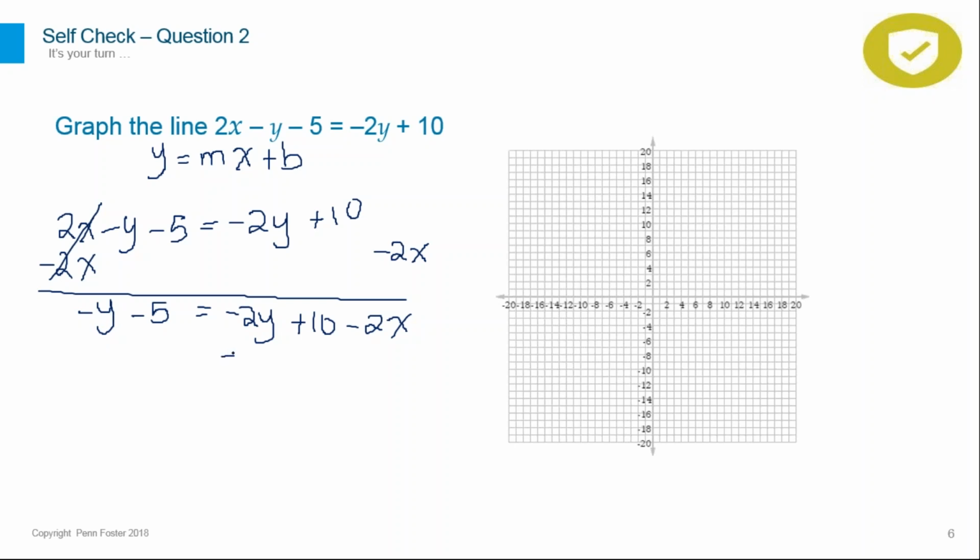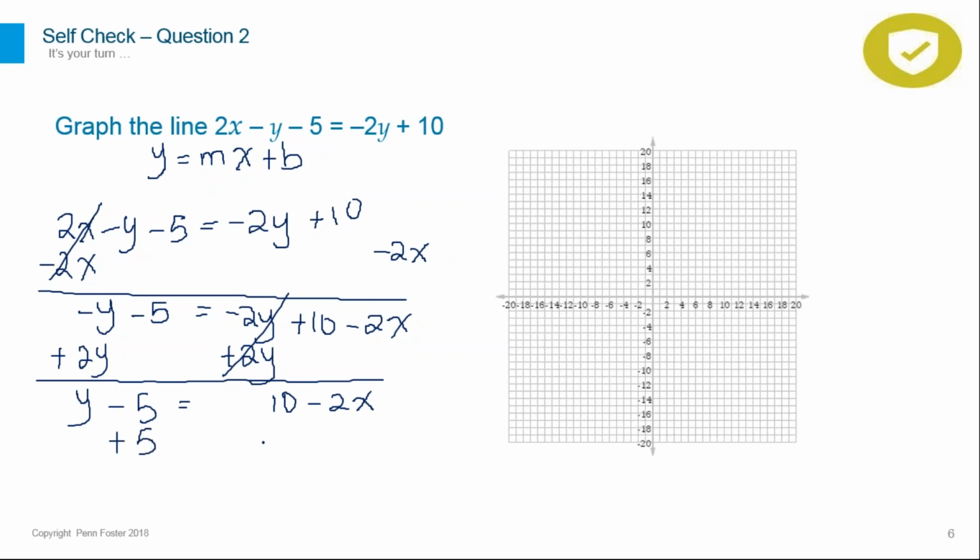So add 2y, since it's a negative 2y, and add 2y on this side as well. So we have negative y plus 2y will give you positive y minus 5 equals. The two y's will cancel out. You have 10 minus 2x. The only thing left for us to do is to bring the negative 5 to the right-hand side. So it's a negative 5, add 5, and add 5. So that would be a y. The 5's will just go away, equals